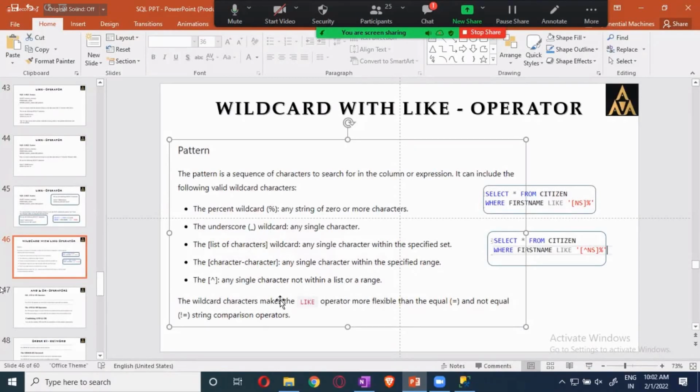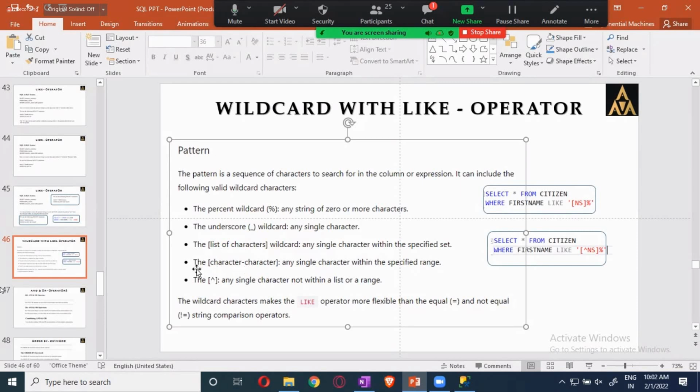Now here, when you are giving square brackets within the quotes, what does it mean in a regular expression? If you give it in the square brackets, it means any one over there.